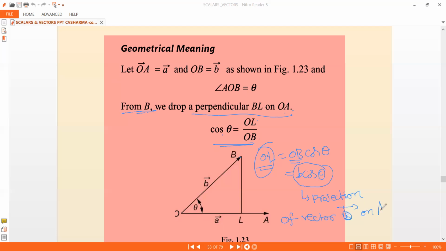That is called the projection of the vector B bar on A bar. That is called BL. So this perpendicular length is called the projection of the vector b bar on a bar. So that is b cos theta. That is called the projection of the vector on a bar. And now